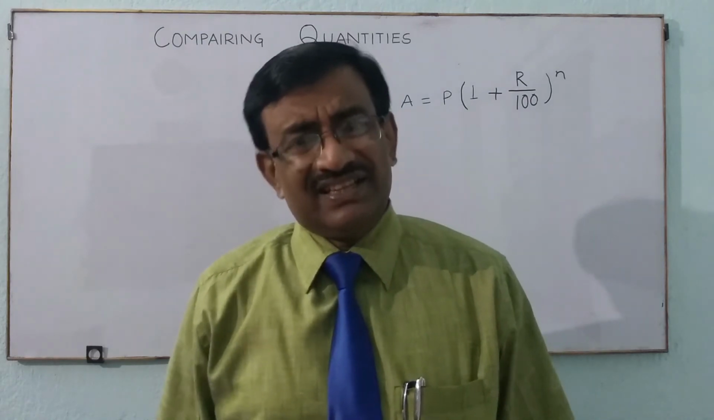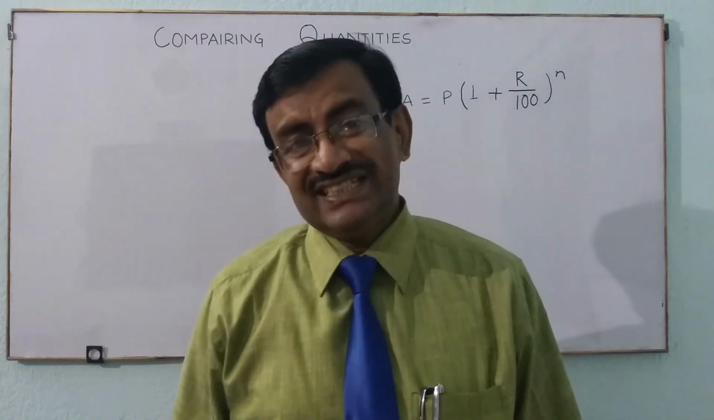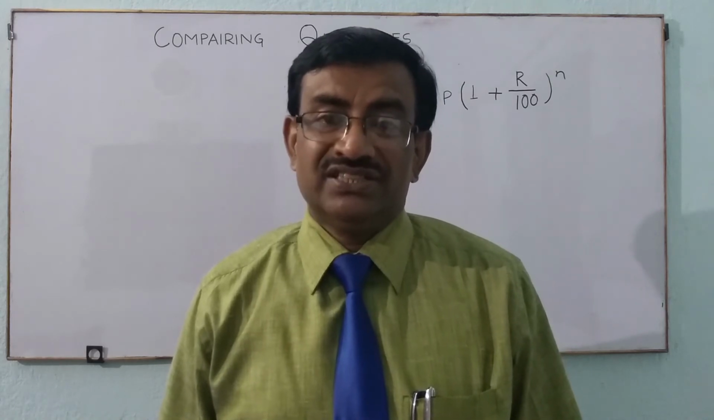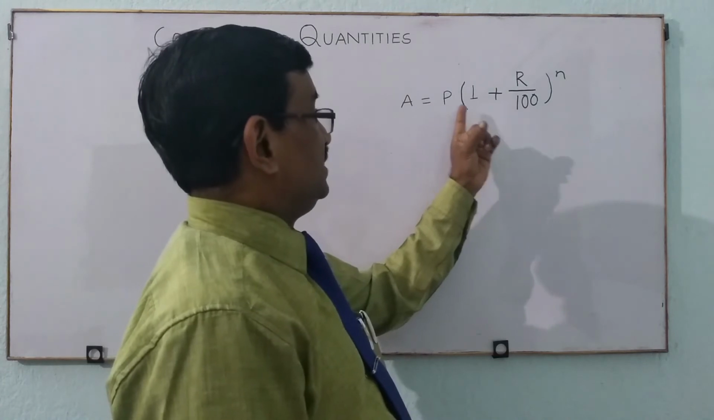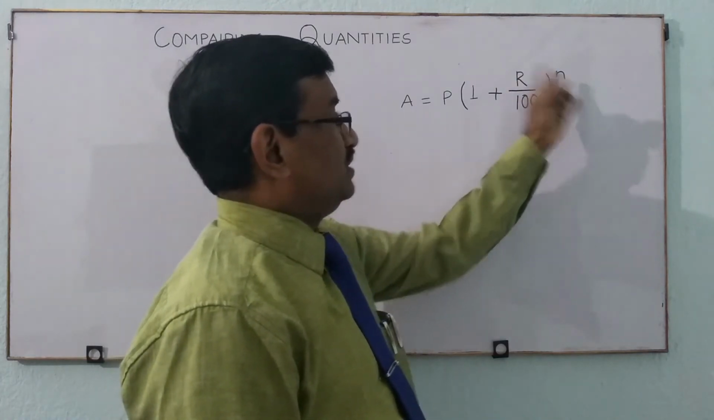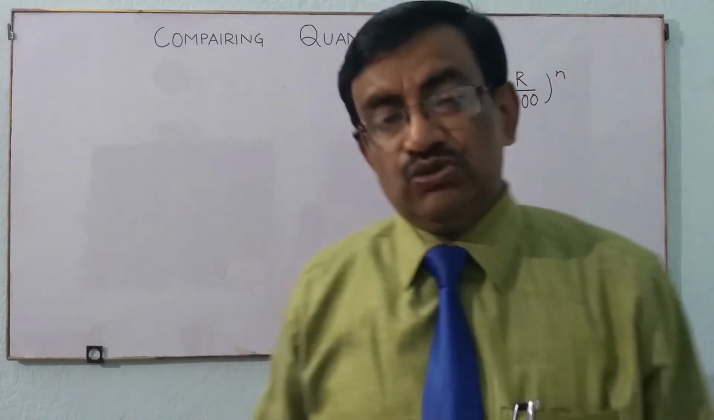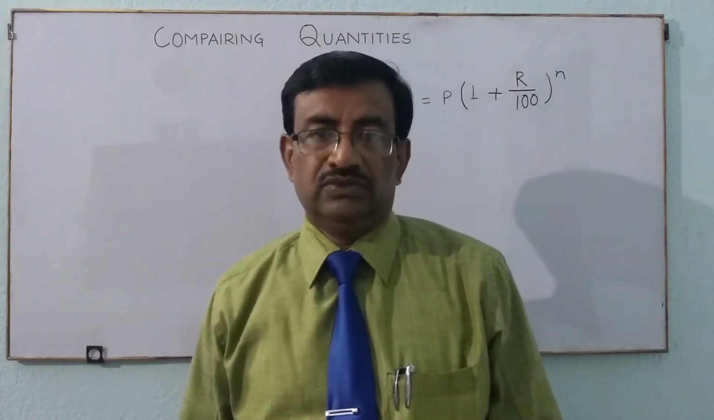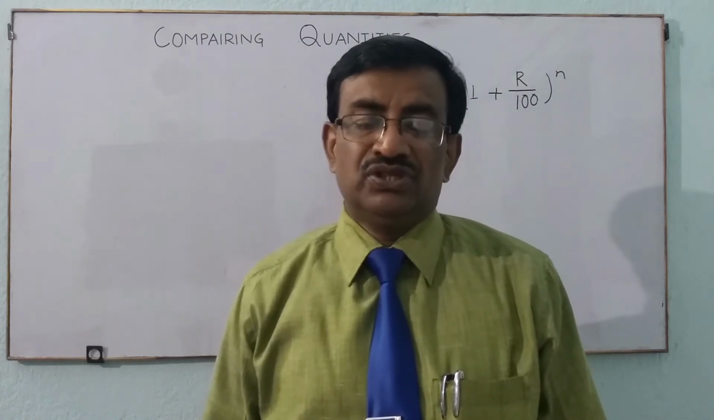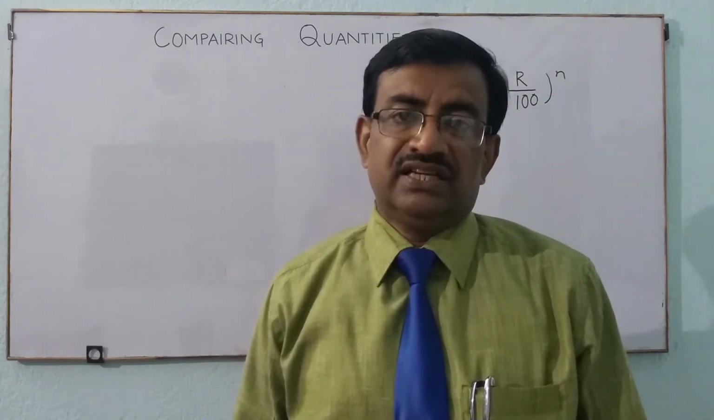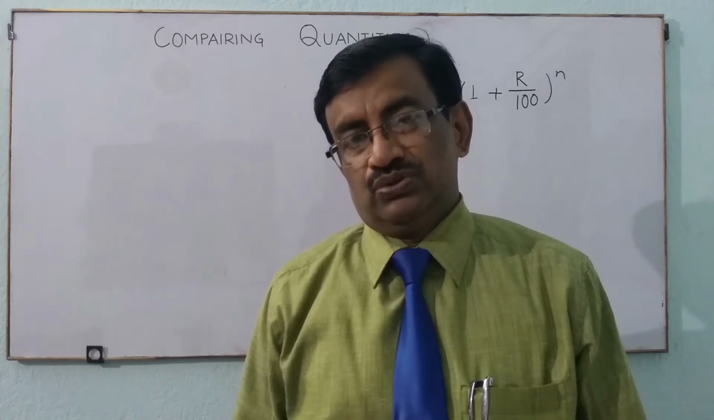And in this chapter we are discussing compound interest. Amount equals P into 1 plus R by 100 to the power n. Using this formula, we want to solve the sums of exercise 8.2, and